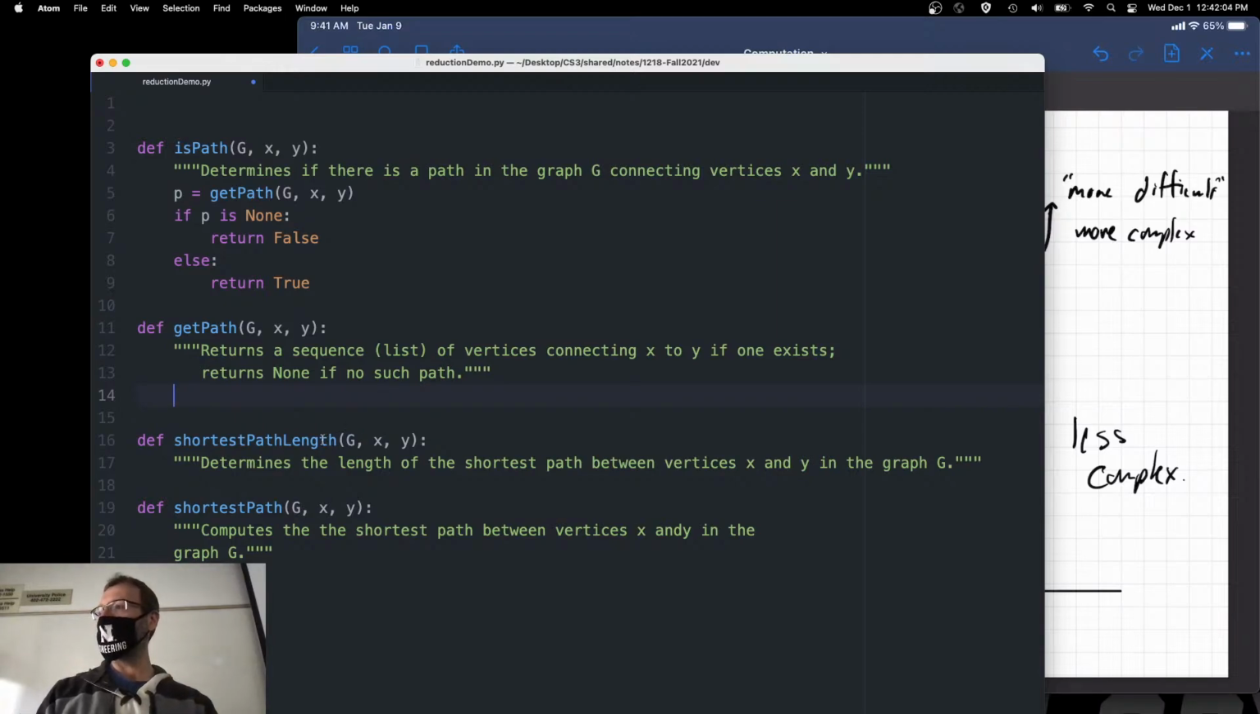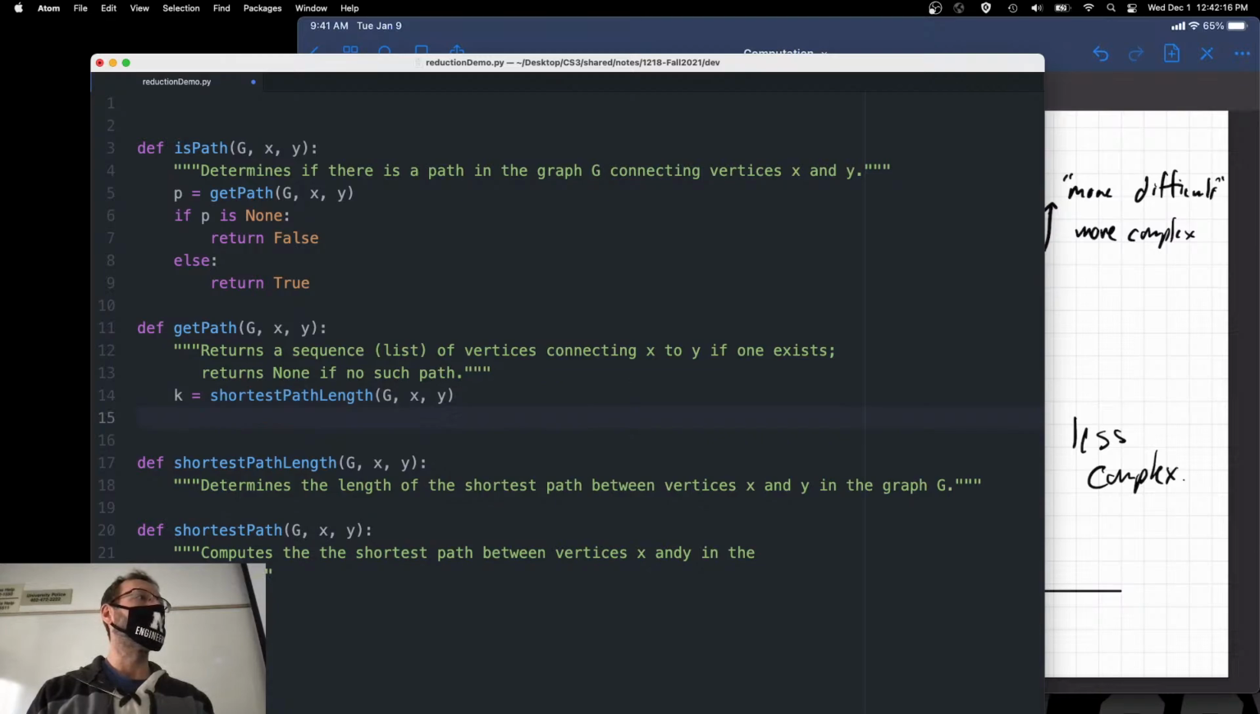All right. Do shortest path length. Say the length of G, X, and Y. K is equal to that. Now, how can we use that to determine if there is a path or not? Could the path length still be 0, like if some edges are negatively weighted? We don't worry about the small details like that. Oh, okay. So yeah, if k isn't 0, then. All right. So if k is less than infinity,